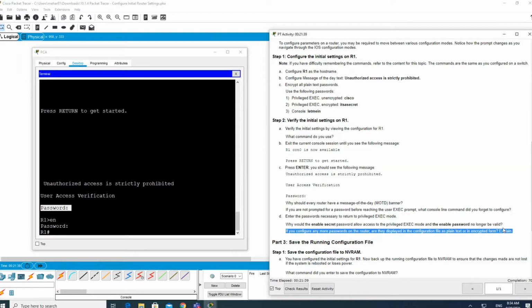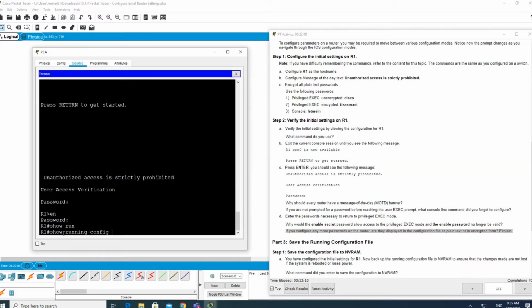Yes, you can encrypt all the passwords with the help of the service password encryption command. It encrypts all current and future passwords. Yesterday we saw the service password encryption command. If you run it, all the passwords will be encrypted.